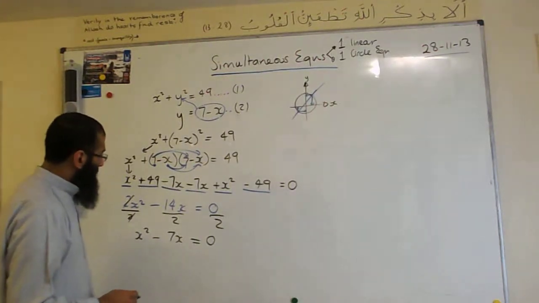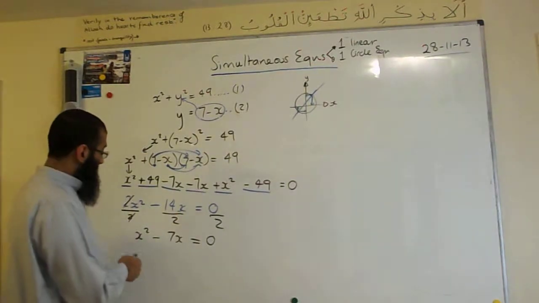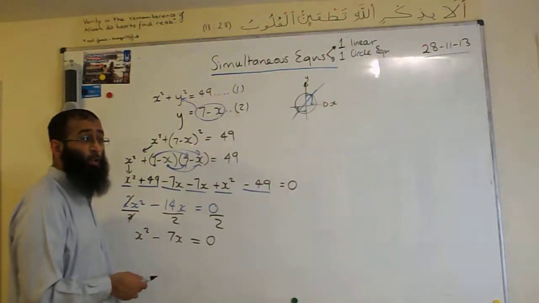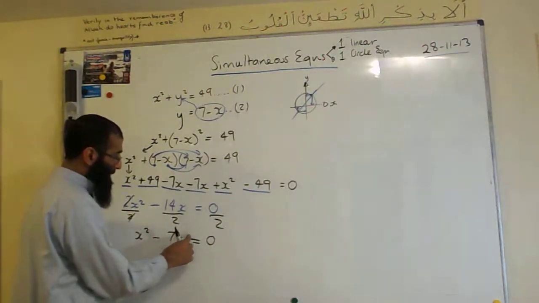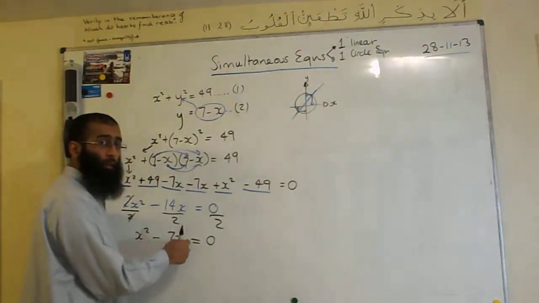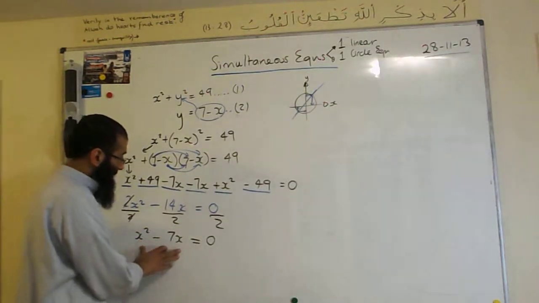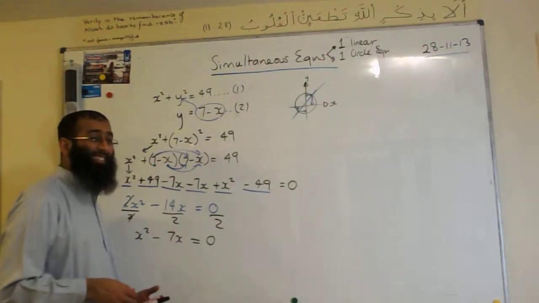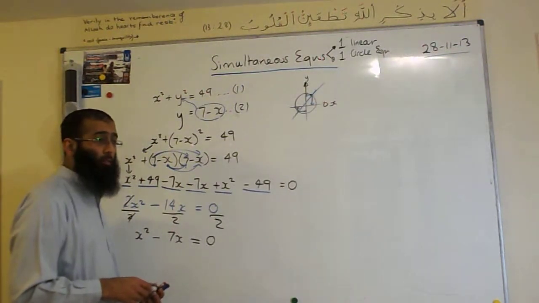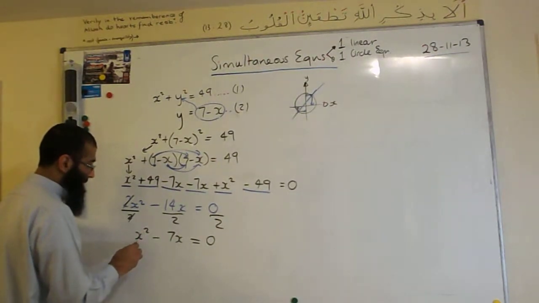Okay, now what we need to do, we need to solve this. So we've got here now what looks like a quadratic equation, x squared minus 7x equals naught, but we haven't got the constant part, so it hasn't got a plus c part. So in this particular instance, we can use the common factorizing technique and pull out common factors. Okay, so now x is equal to